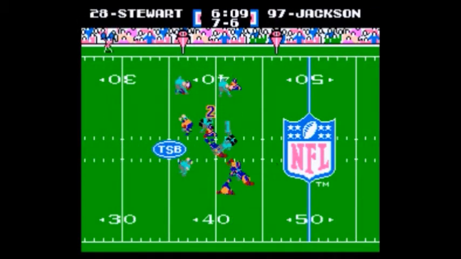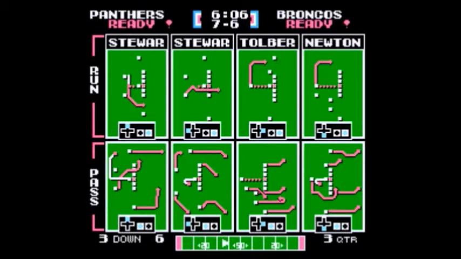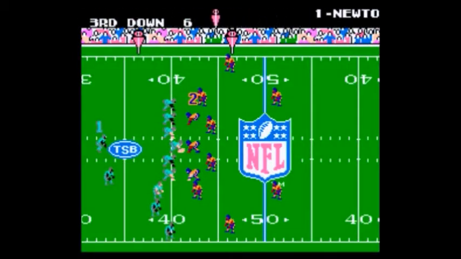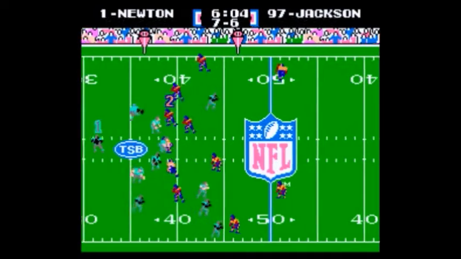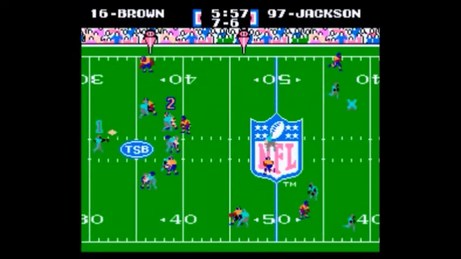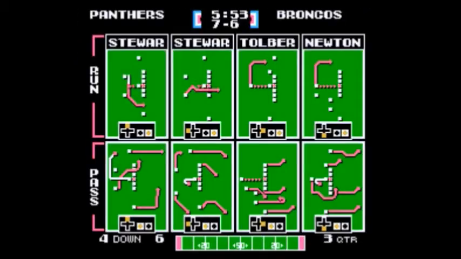Let's say they're going to go to the ground. It's Jonathan Stewart. He's got a nice pickup, but it's going to be 3rd down, 6 to go. This is that 3rd and medium that Cam Newton's legs will be the specialty on. Let's see what we do. He's back in the shotgun. He's got Philly Brown. Oh. Ooh, he threw him into coverage, Bob.